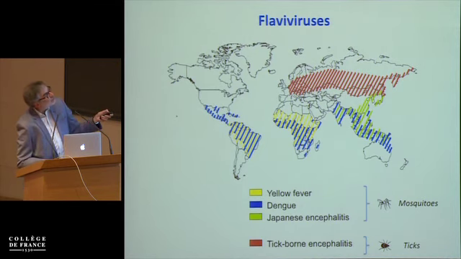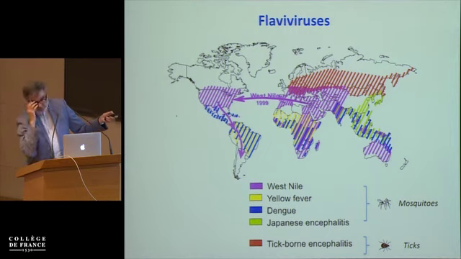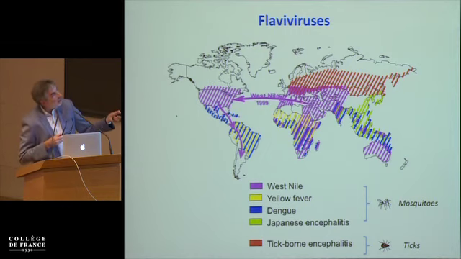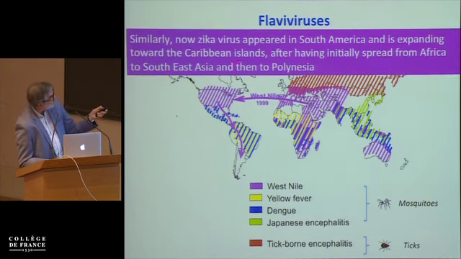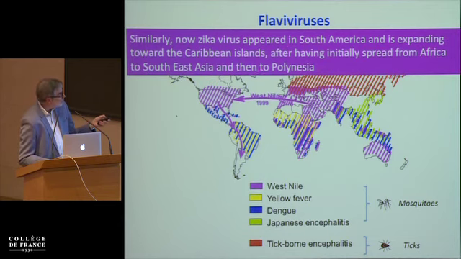But about 20 years ago, or a little less, in 1999, for instance, West Nile virus happened to go from Tel Aviv to the Jewish quarter in New York, and then spread this virus all over the Americas. It wasn't found in America before. It was originally from, as the name indicates, the West Nile area, and then it had spread even up to Australia. And now it's all over the Americas. And Zika virus, similarly, appeared last year in South America.